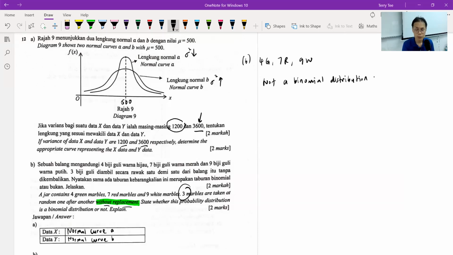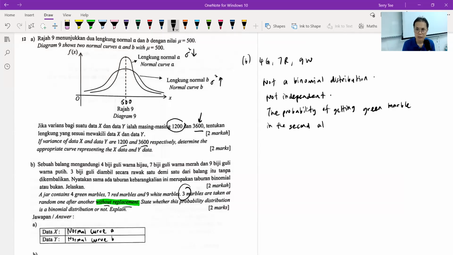We know that the biggest problem is it's not independent. So we say it's not independent, or you can say the probability is not constant. Just explain briefly why. We say that the probability, for example, of getting, what marble is this? Maybe I say green marble in the second attempt, right,